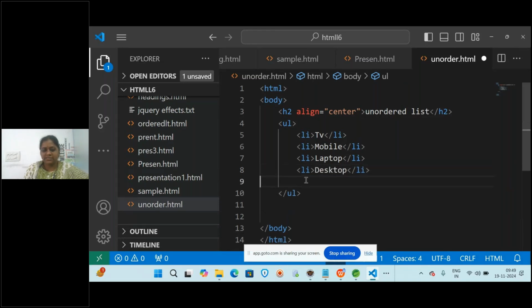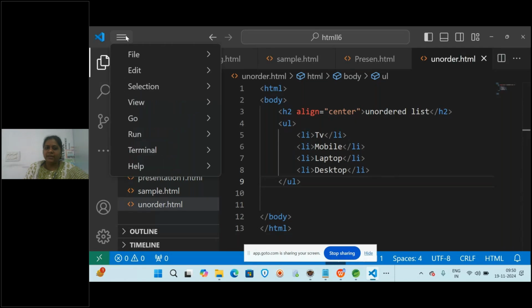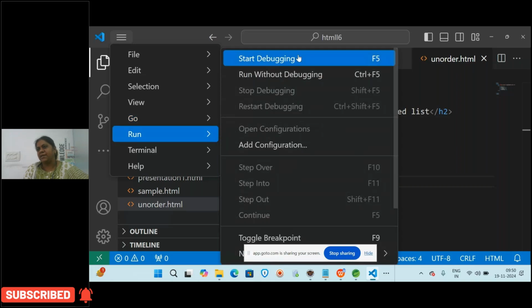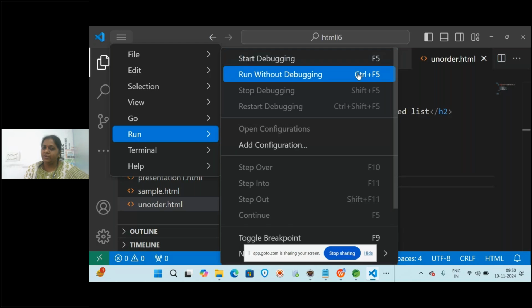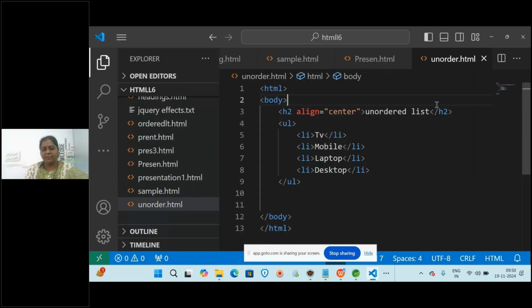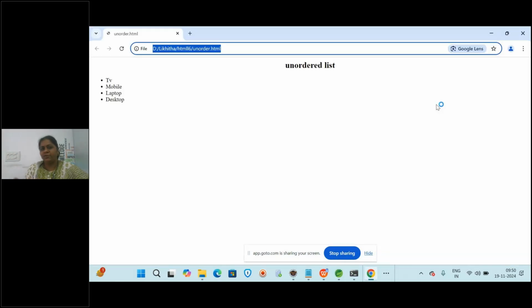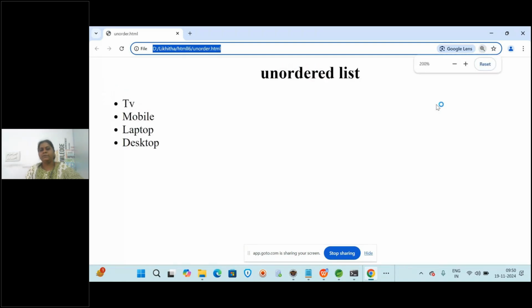Now I am just saving this, and then how to run this, that is also important. What we did before was, after saving in Notepad, go to that folder and double click. But here you can run using the command, in File, you will have a Run option. You can directly click on Start Debugging. There is a shortcut key also. What is that? F5. Without debugging also you can run with Control plus F5. You need not go anywhere else and double click. You can just press F5, and it will ask which browser you want. You can choose that. We got the output. Clear?